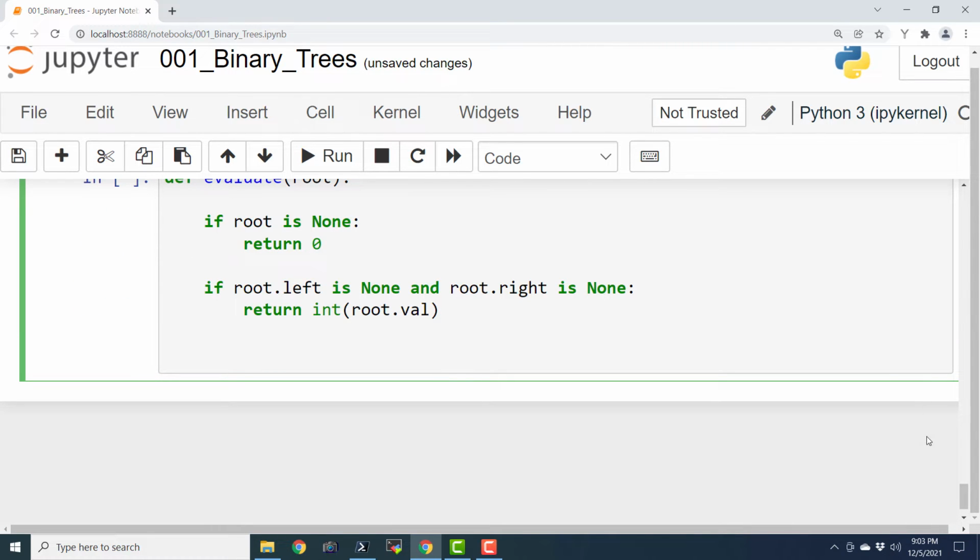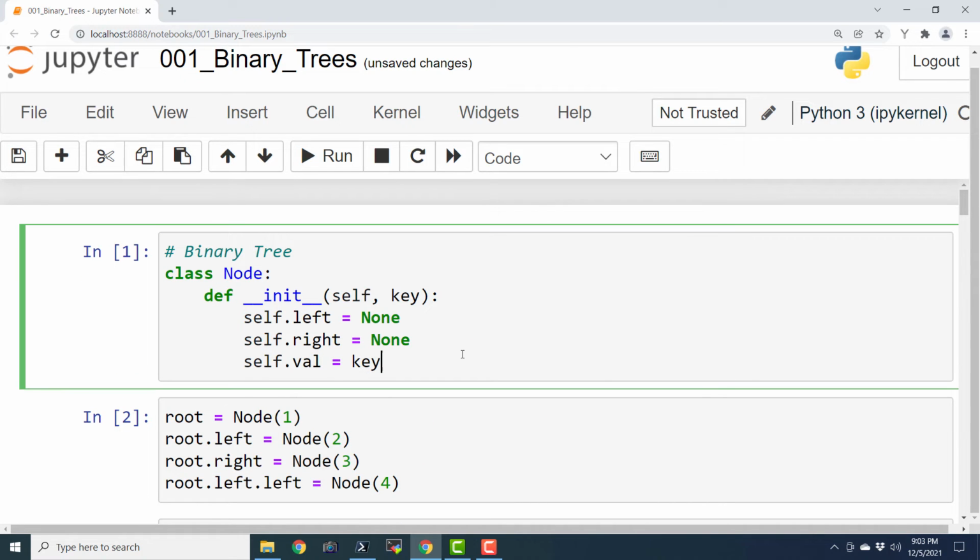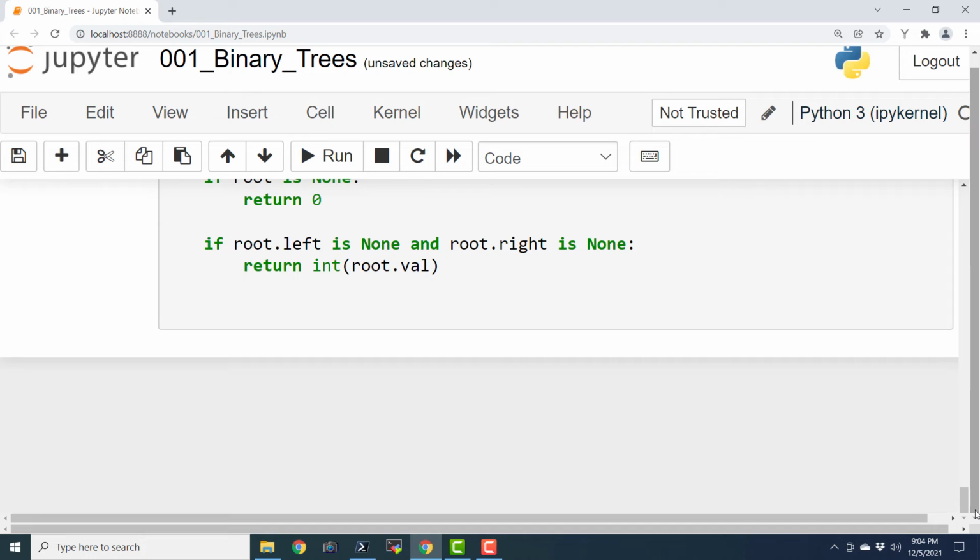Many people actually write data here. So they would say self.data equals val. It is another style of coding, another convention. In case you are going to use that convention, just replace self.val with self.data, and you are going to continue using self.data in your code. I'm going to use this self.val convention. Online you will find many examples where they are using self.data. So in case you want to use that, just uncomment it and comment the other part.